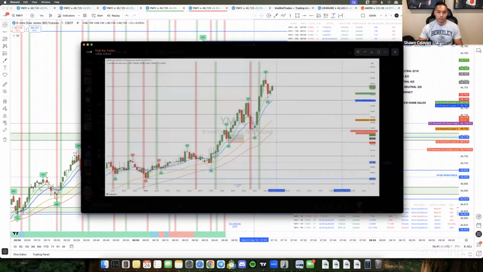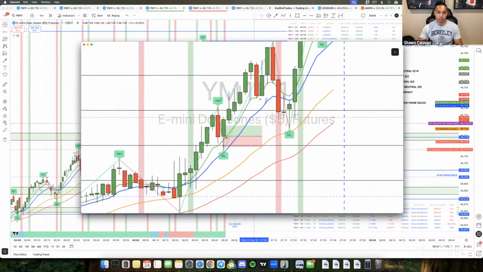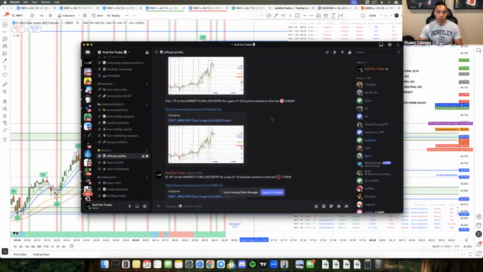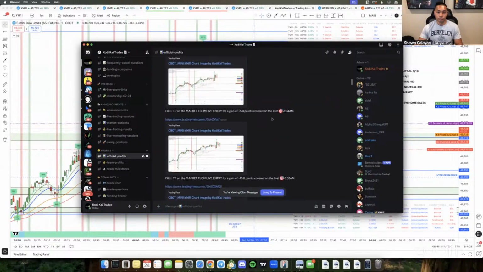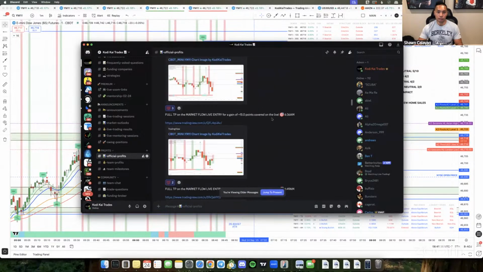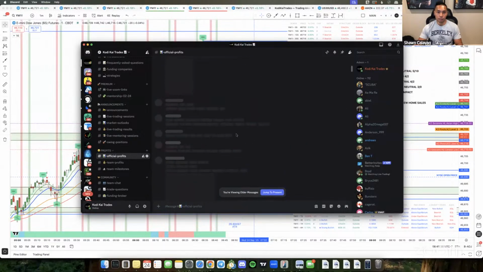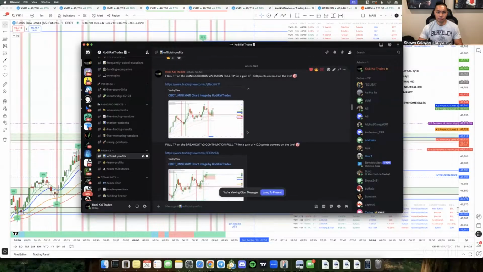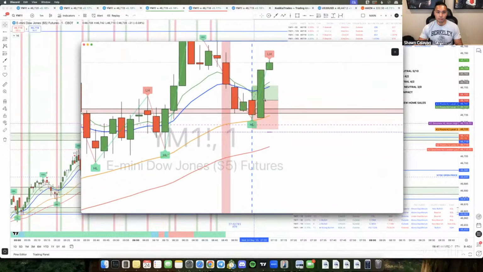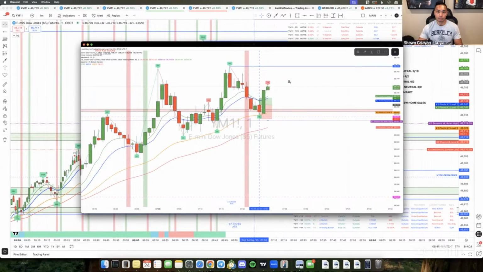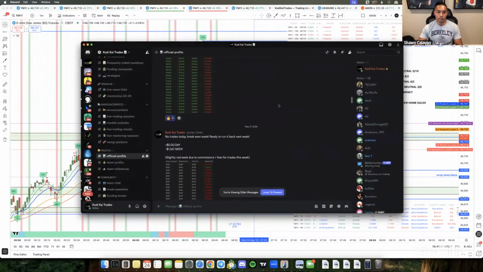And I tried the 10 to 15 here and it worked for a while, but the problem is you get stopped out a lot of the times. If you go super far back, I was doing 10-15 back in 2024. So right here it's a 1030. You can see you're able to have that safety net and price pushes back up eventually. So as long as you stay consistent with this,